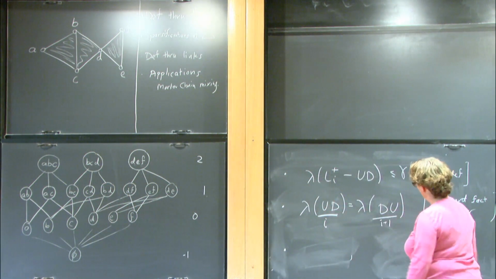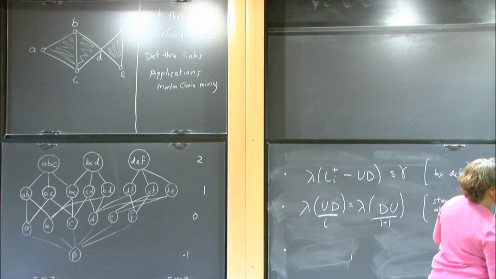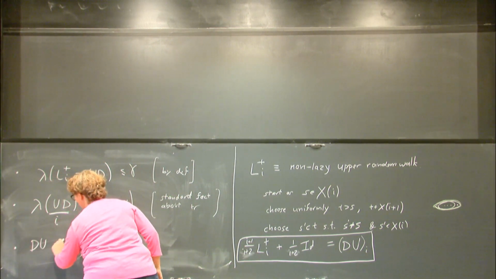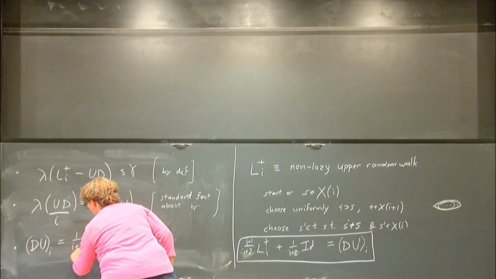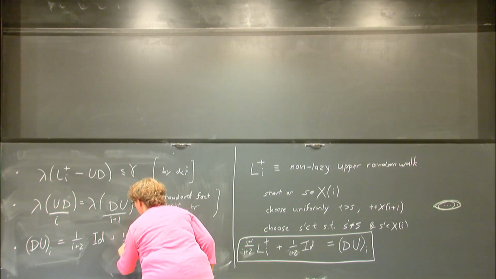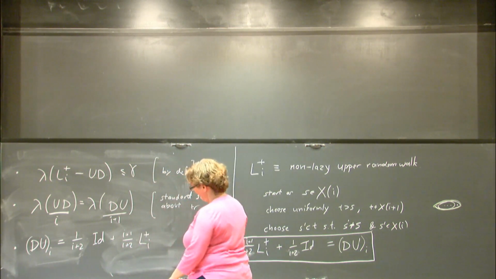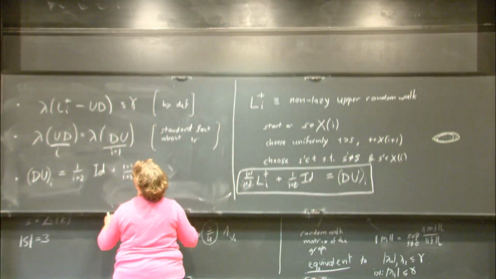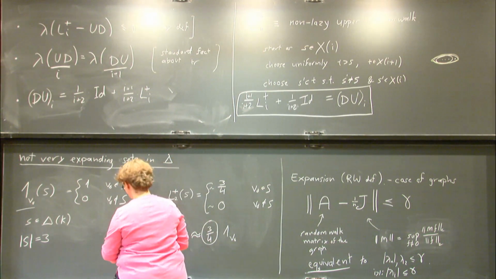And what is the third fact? The third fact is just this formula. Let's write it again: the up-down operator, on level I, is equal to 1 over I plus 2 times the identity plus I plus 1 over I plus 2 times L plus I. This we already saw. Now that we have these three things,